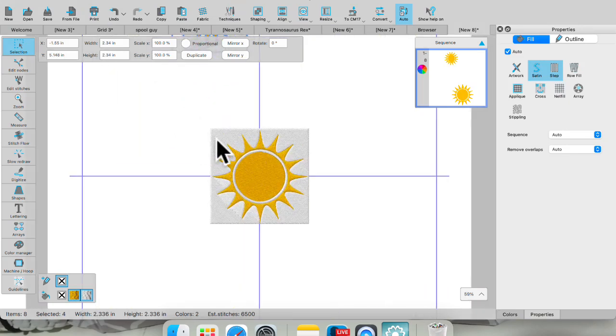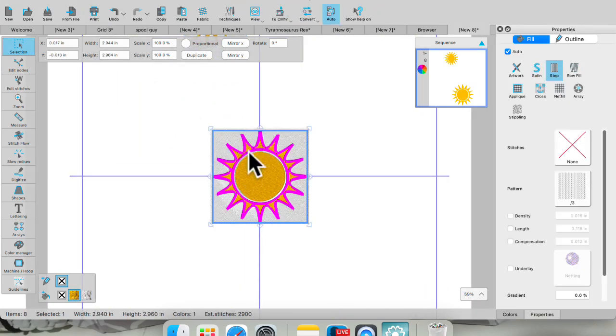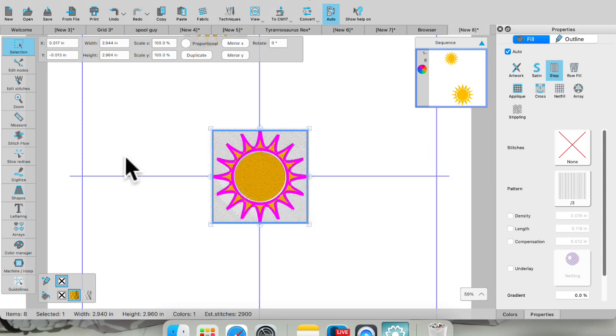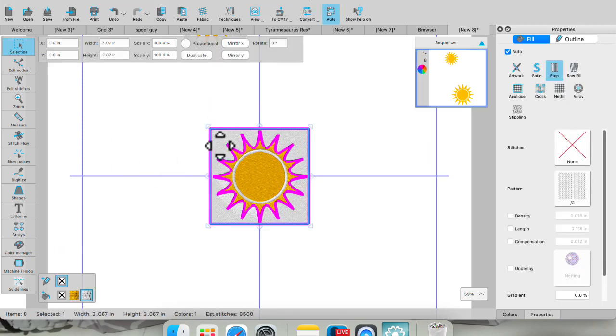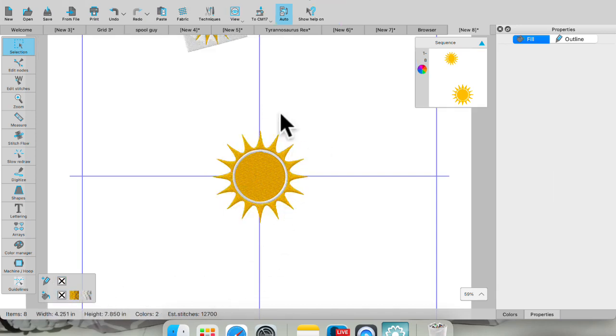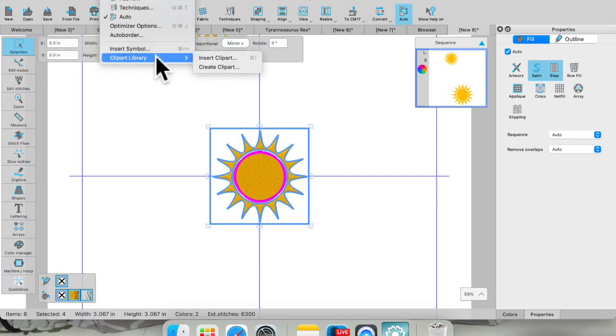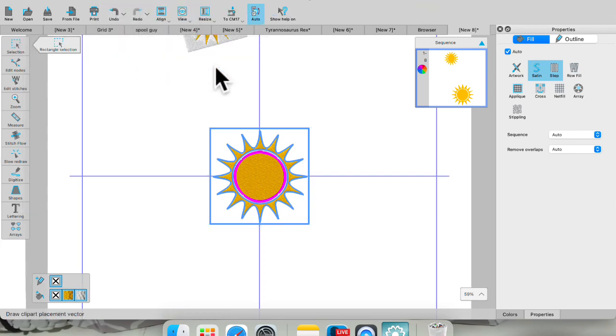Now, if I wanted to, on my original in here, I might have wanted to remove some of the background on here. So if I select this outer part, there it's selected here, I can exit out. So now I just have the sun without that background. I could save that as well under a different topic, Tools, Clipart Library, Create,